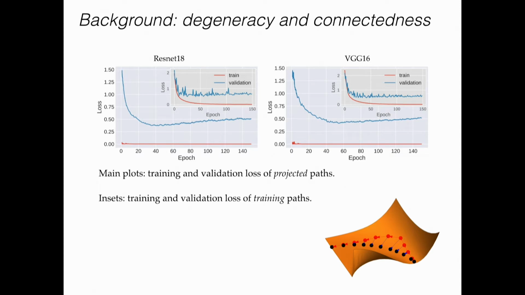And what you find is in the main plot here, where the training and validation losses are plotted, you see that after the first 5 epochs or so, the training loss is essentially 0, while the validation loss is changing significantly. So after the first, around 5 or 10 epochs here, the network seems to be localized in one of these big valleys. And so I want to make the approximation that I want to think about training after this initial phase